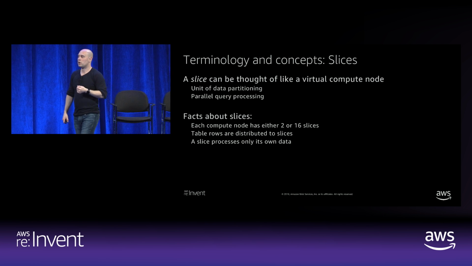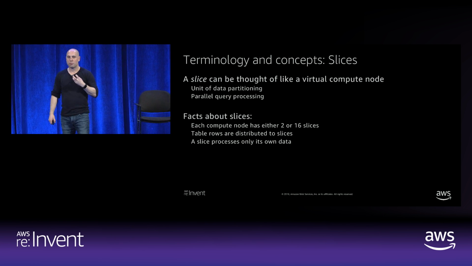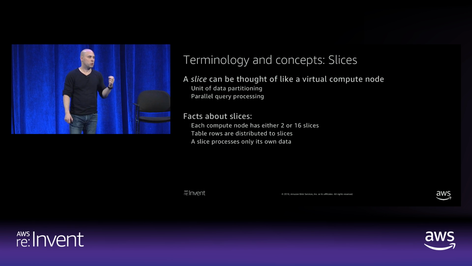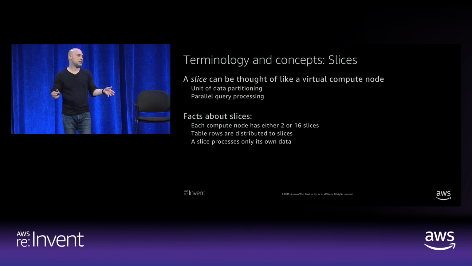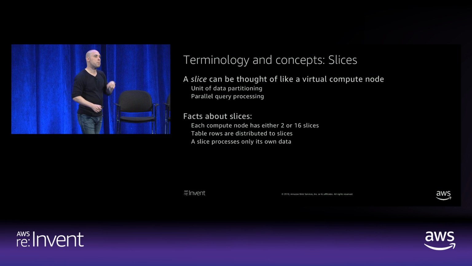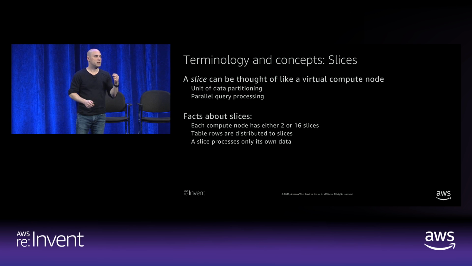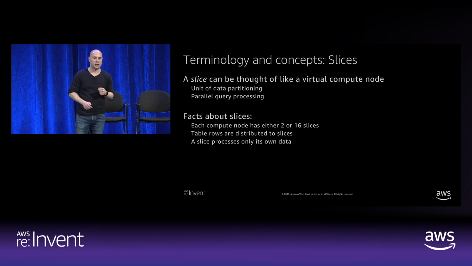Slices are a really important concept in Redshift. You can almost think of them like virtual compute nodes. They're essentially how we get parallelism within each one of our compute nodes. So our 8XL nodes, for example, which I'll talk about later, are split up into 16 slices. So it's almost like there's 16 virtual compute nodes inside each node. We also store data per slice, and every slice only works on the data that belongs to it,